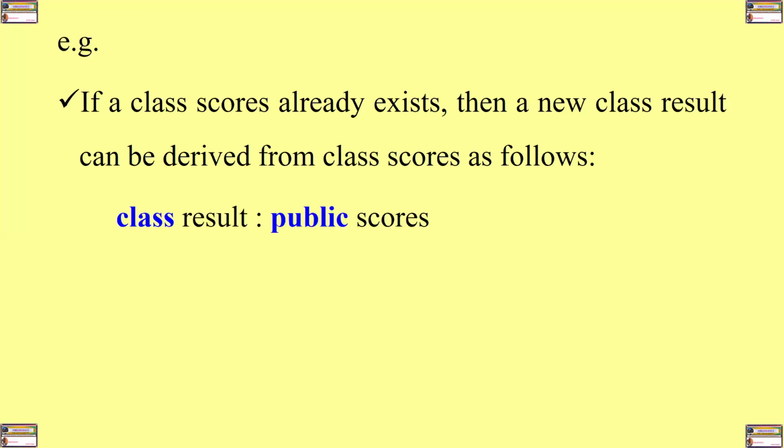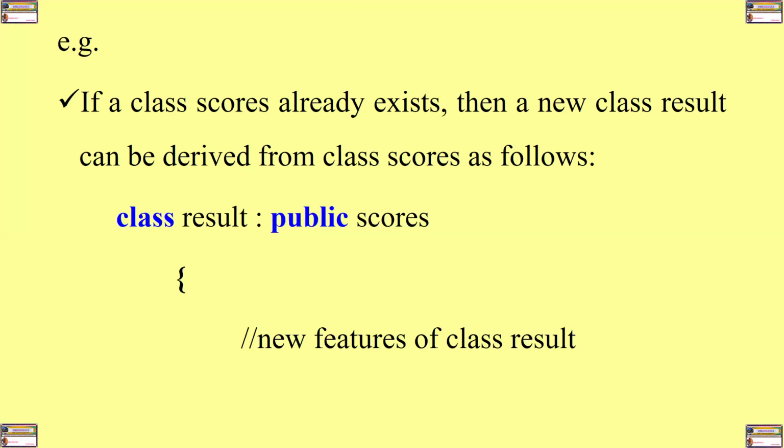So you have class result, then colon public scores, and then we have the opening brace, and then you make the definition for your class, that is for your result class. So here you have what we call the new features of class result. You define